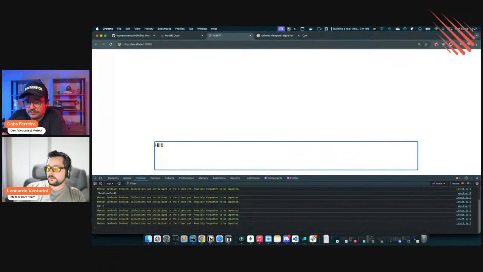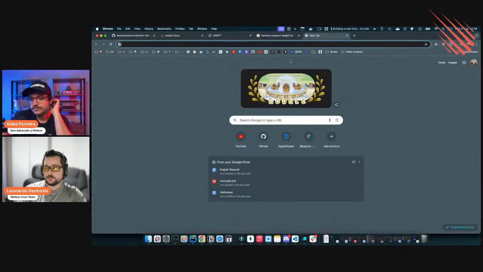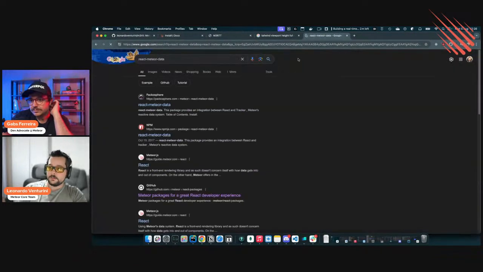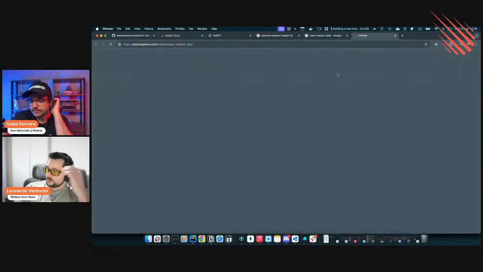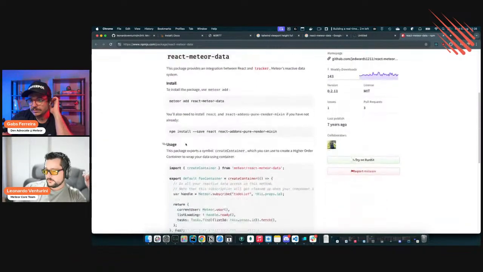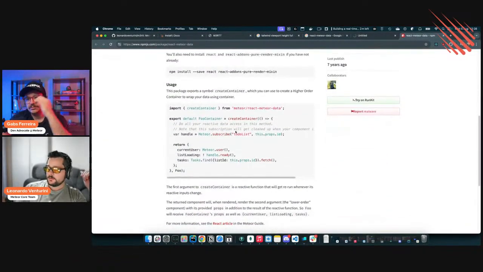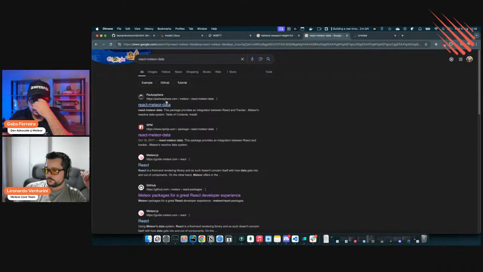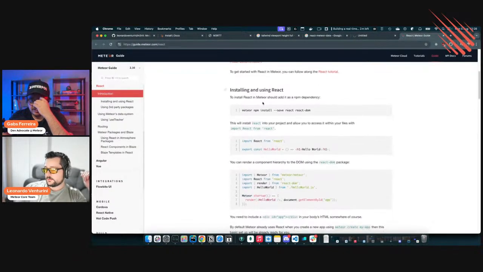For that, there is a package called React Meteor Data. I am using one that's on npm, but let's see, it's not loading. There's this one. Anyways, perhaps the guide has a